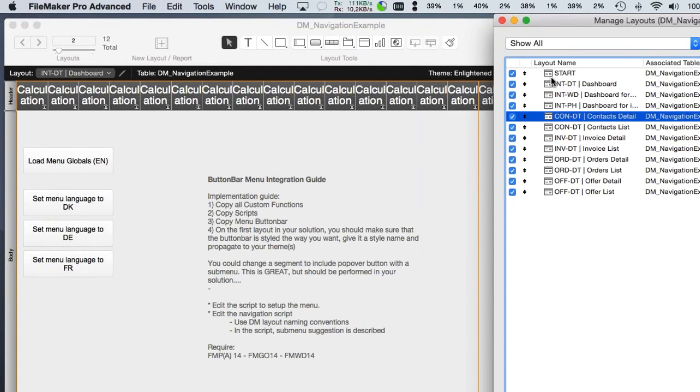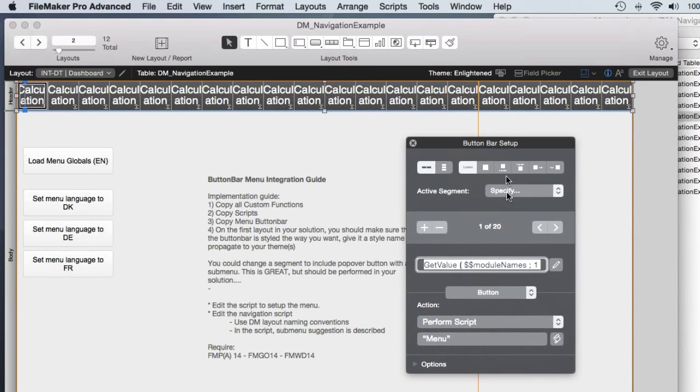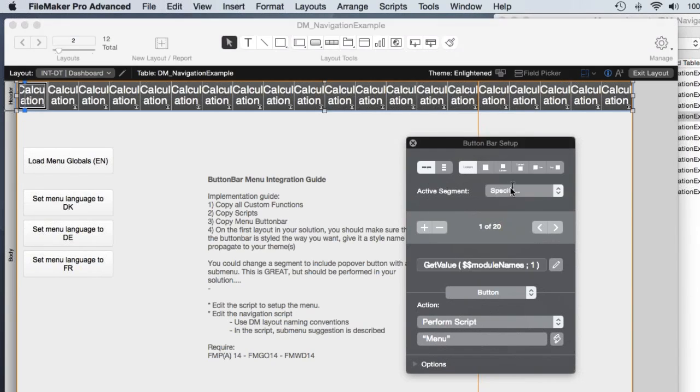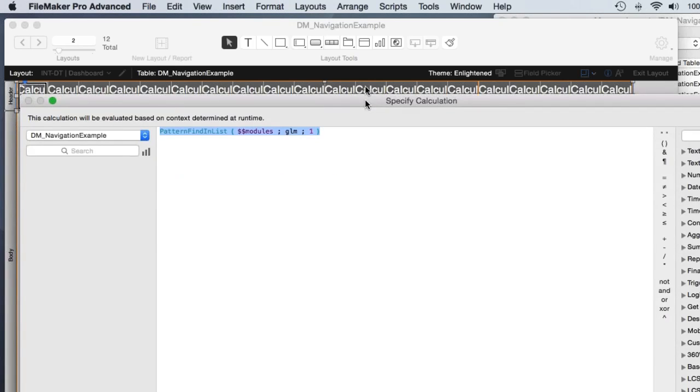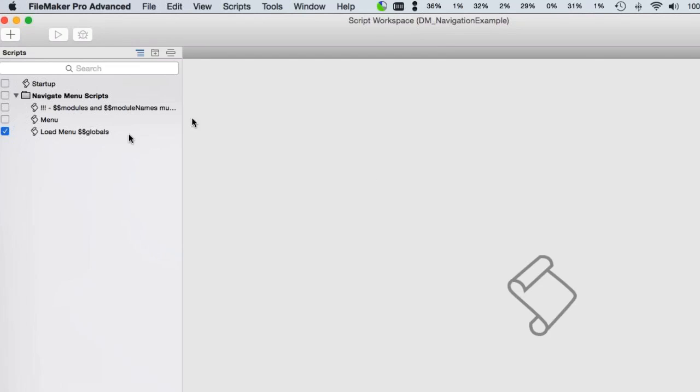By using this prefix in the layout names, every layout I am at, I know where I am because of this prefix. So this is a prerequisite, and you can easily change this to anything else if you want to. So as I know where I am, I can also easily specify here which segment is the highlighted one. Maybe I should start another place, because the way I'm telling the solution which button should be active is by